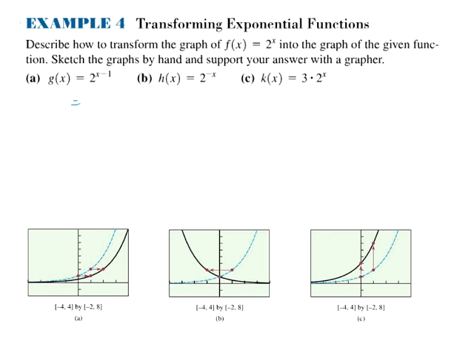Taking a look at part A here, what transformation is happening in this graph? Again, the parent function would be 2 to the x power. Notice how it looks like you're subtracting 1 from the variable, which is the x. I always told you to do opposites when it's affecting the variable itself. So that would be to the right 1, and you can see that happening in the graph below as well. The blue dashed line is the parent function of 2 to the x. The black line is after the transformation. So we're moving to the right 1.